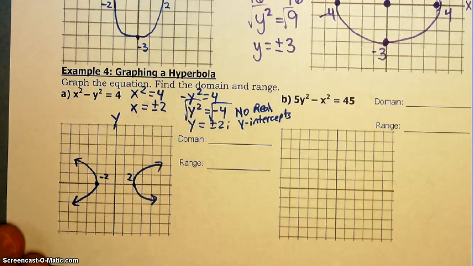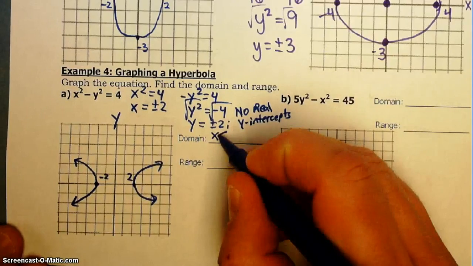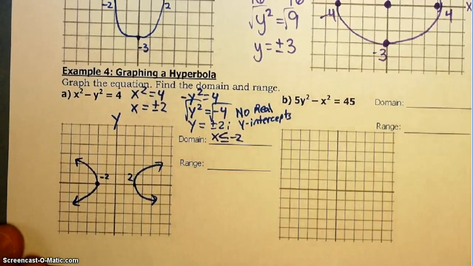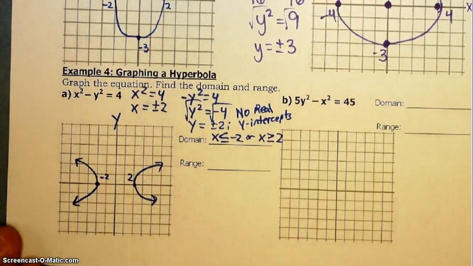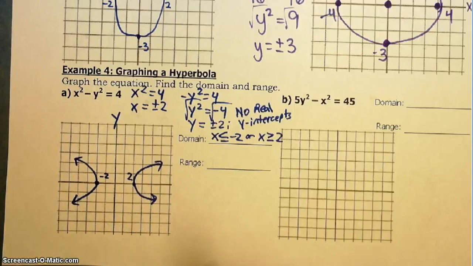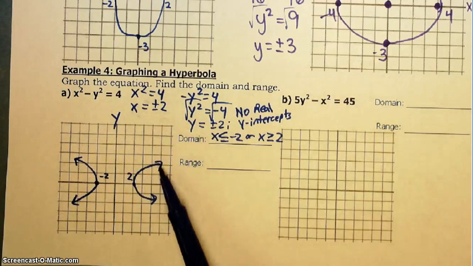The domain and the range are going to be a little more tricky now because of all this gap in the middle. So what we're going to say here is the domain is going to be all your x's less than or equal to -2, or all your x's greater than or equal to 2. You've got to kind of write two separate parts of your domain, because you have to account for all the numbers to the left and account for all the numbers to the right, and there's nothing in the middle. Now for your range, if you look from top to bottom, or from the bottom up to the top, this graph will continue to grow boundless